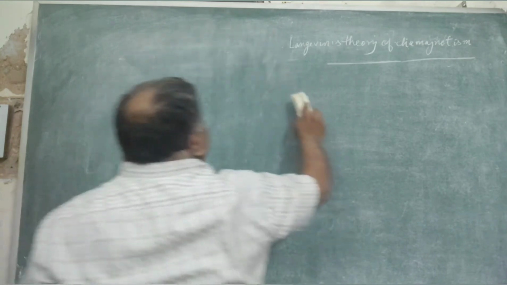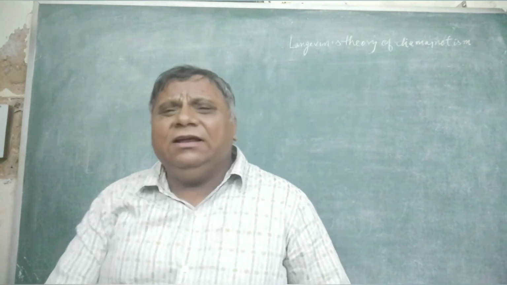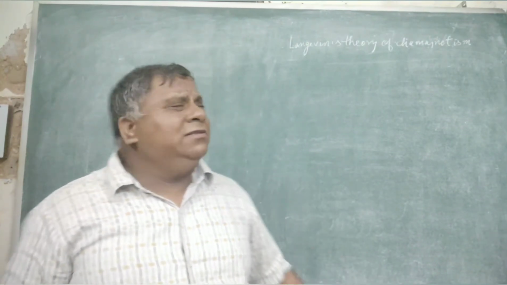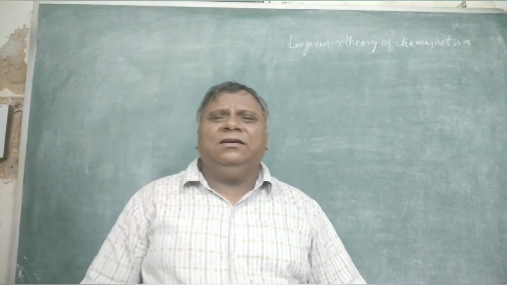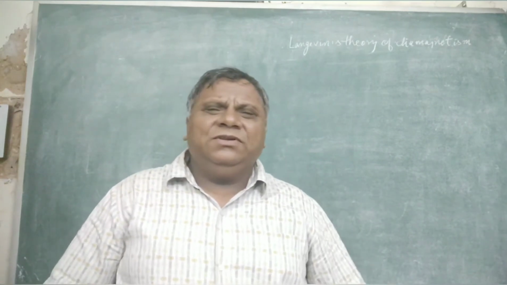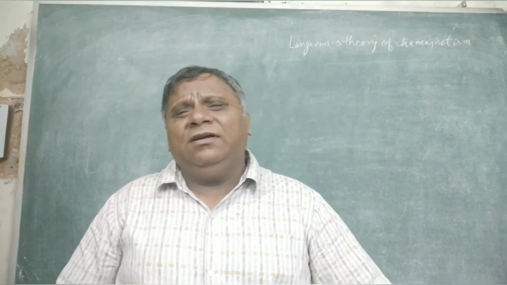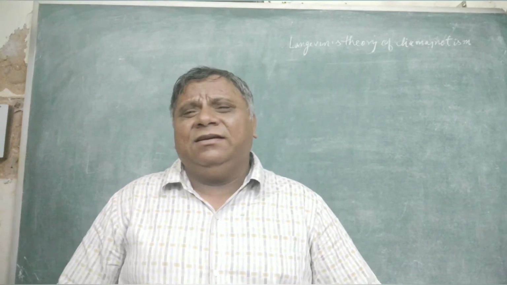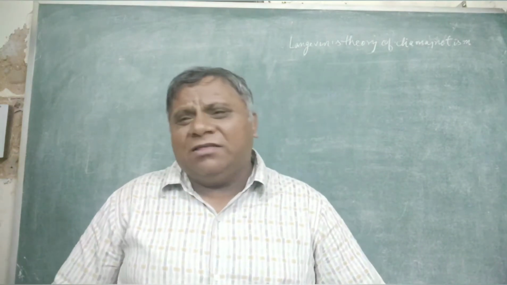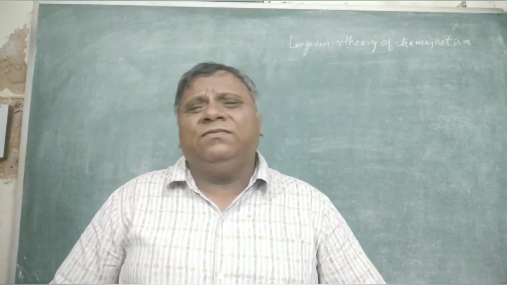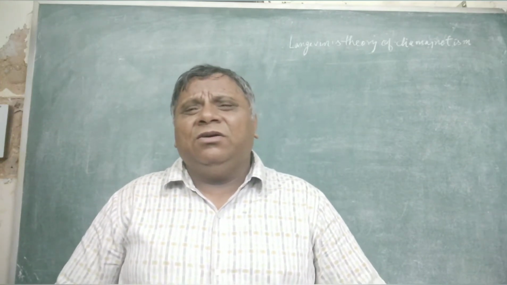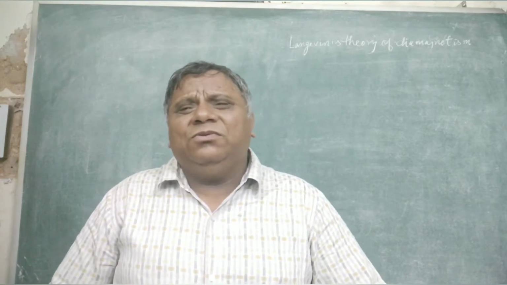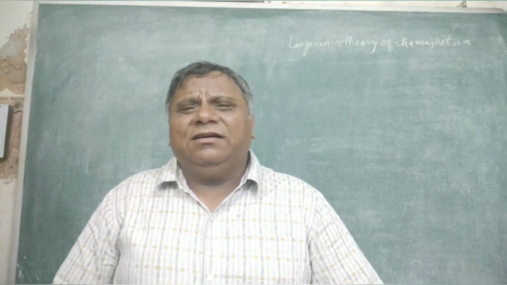Now, today I am going to discuss the classical theory of diamagnetism, which is also known as the Langevin theory of diamagnetism, which is capable of giving an expression for susceptibility with a negative sign, and susceptibility is related to parameters like the mass of the electron, the average radius of the orbit, and the magnetic moment of the revolving electron, etc. To reach an expression, let us first